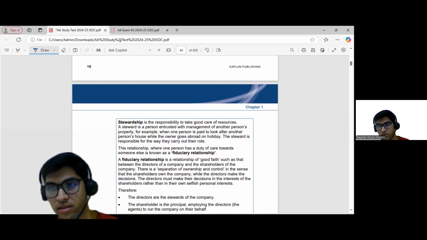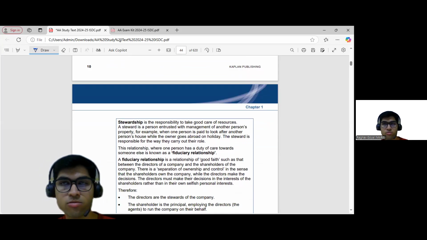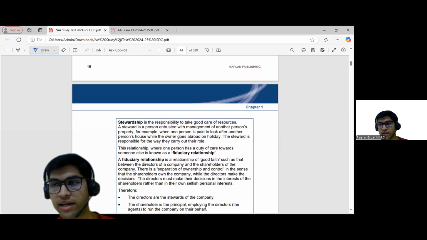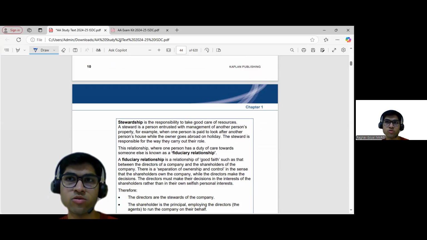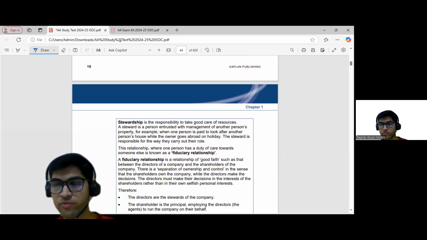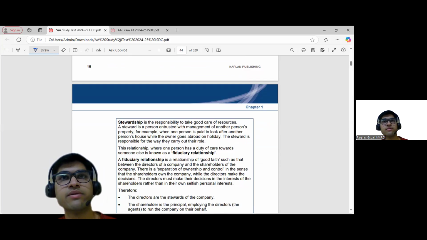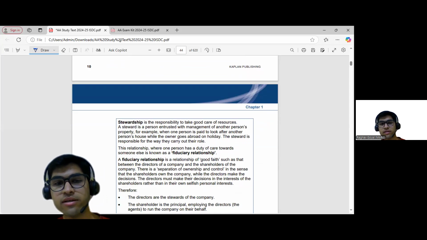Stewardship basically means steward. A steward is the security guard. If you watch a match of cricket or football in the UK or something like that, you will see those security guards in front of people and they have steward written on their bibs. So what that basically means is that they are the security. They have that security responsibility that they have to maintain the decorum of the stadium itself.